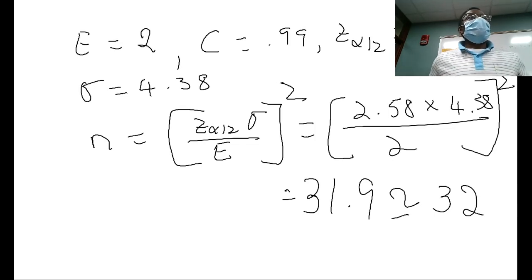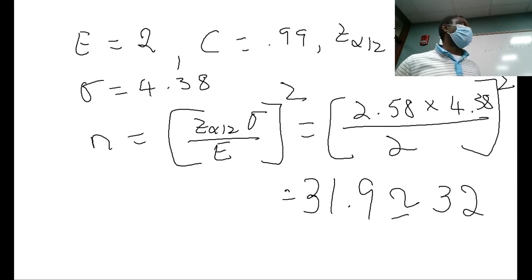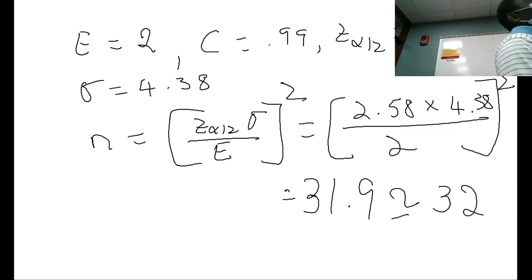Now we want to look at the confidence interval. So far, sigma was known. Now, if sigma is not known, we are going to use the t distribution. We are going to do essentially the same thing with another type of distribution called the t distribution. It's a distribution that looks like the standard normal distribution, but